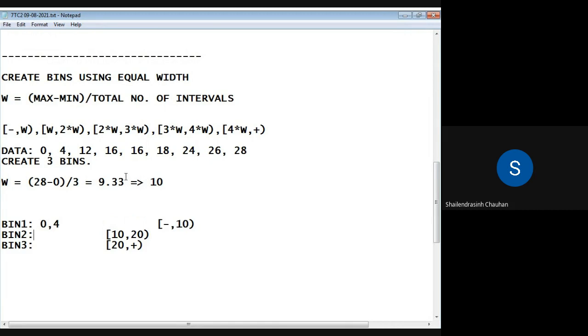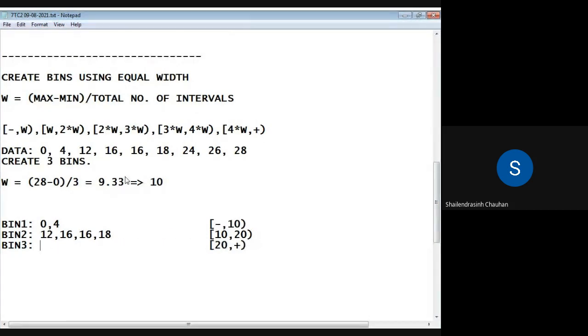Now in the range between 10 to 20, including 10, excluding 20, which values can be considered under bin 2? 12, 16, 16, and 18. 16 is appearing 2 times, so both will be considered in the same bin.